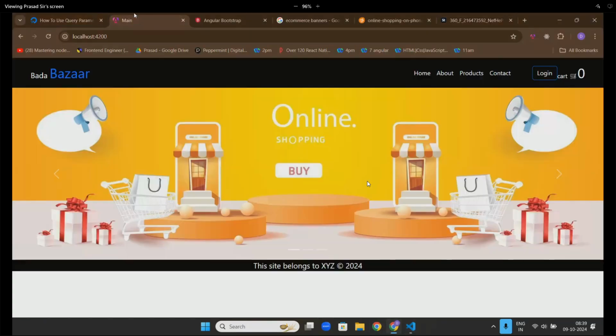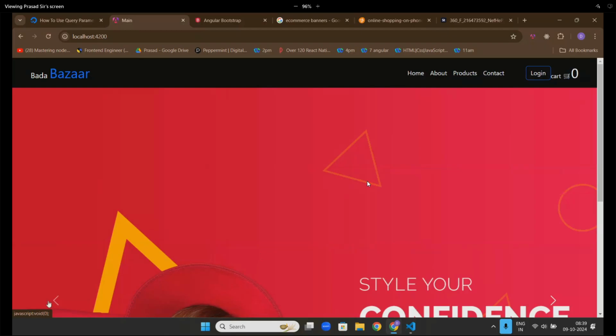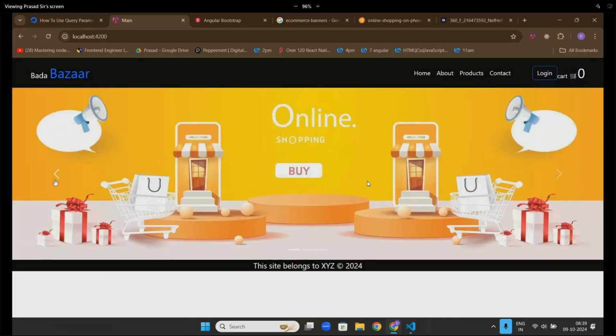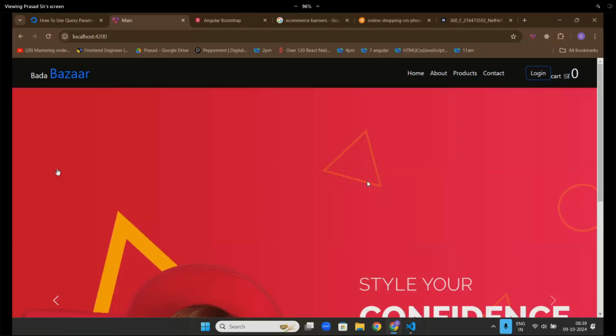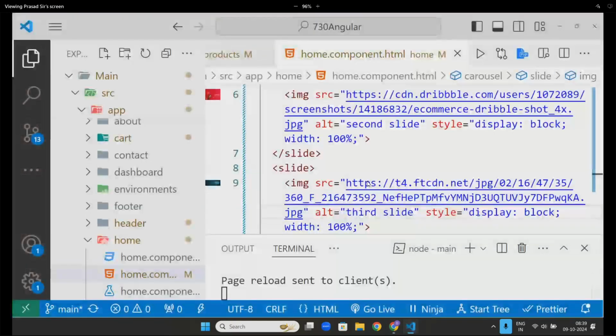Go to your main project. Can you see this, sir? This is my main project. This is the problem. If you are getting same images of similar height, then you can adjust it nicely. Height. 600.